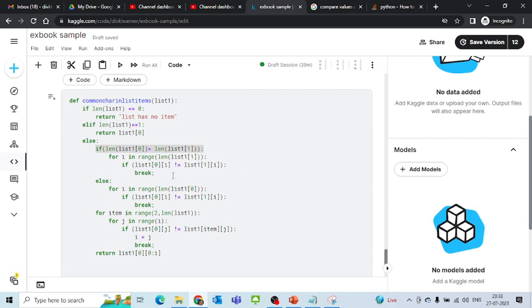So this is how I'm indexing the second item. List 1 0 is talking about the first item of list 1. List 1 1 is the second item. So we are checking if the length of the first item or the first entry in the list is greater than the entry of